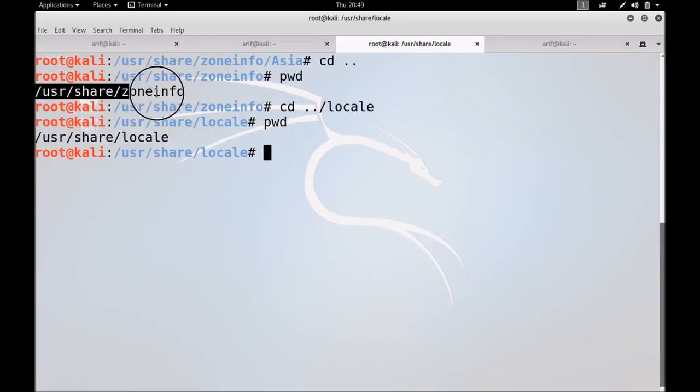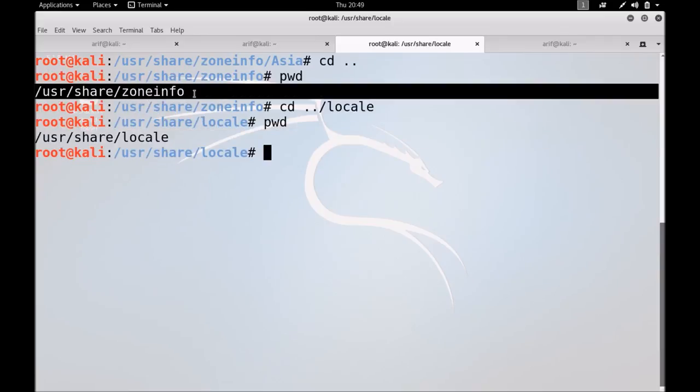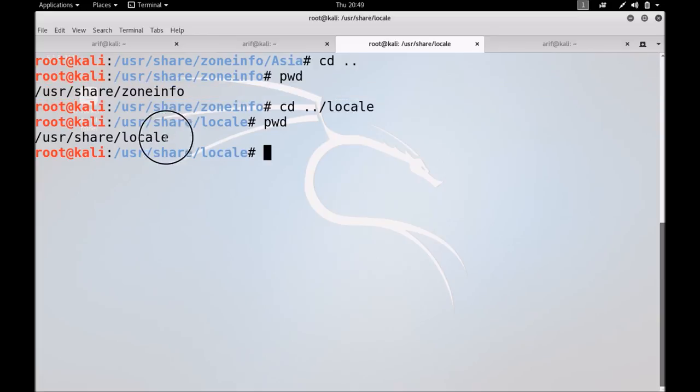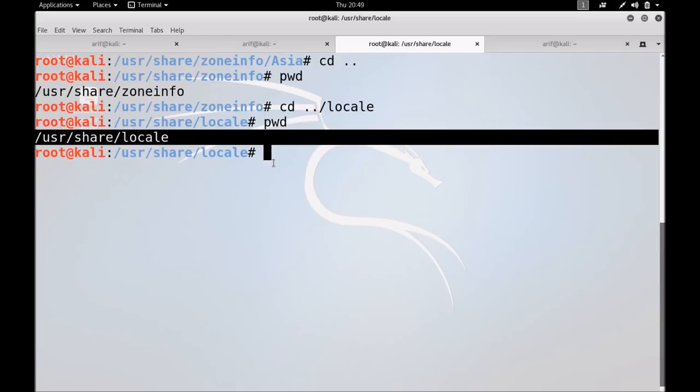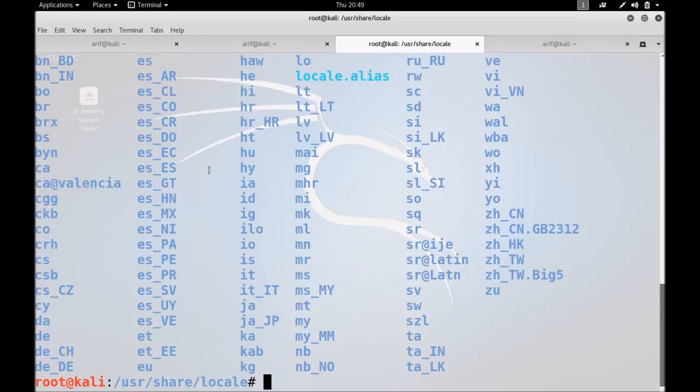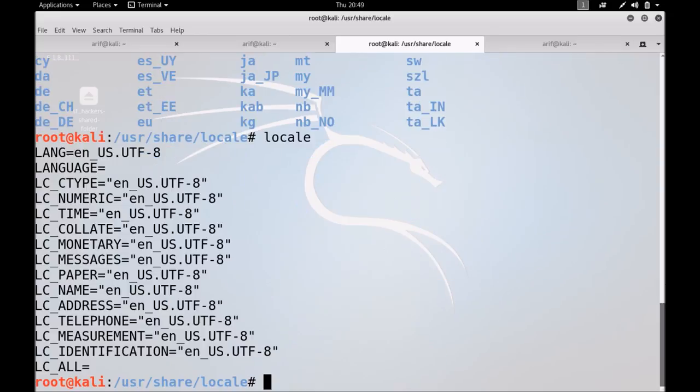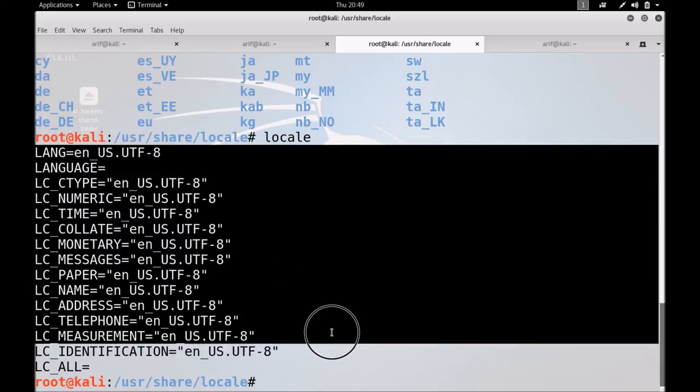Over here we have seen the files which contain information about different zones, and over here if I do ls, you can find a lot of directories, and each subdirectory contains information about a particular locale. If I write down the command locale, you can see the output.